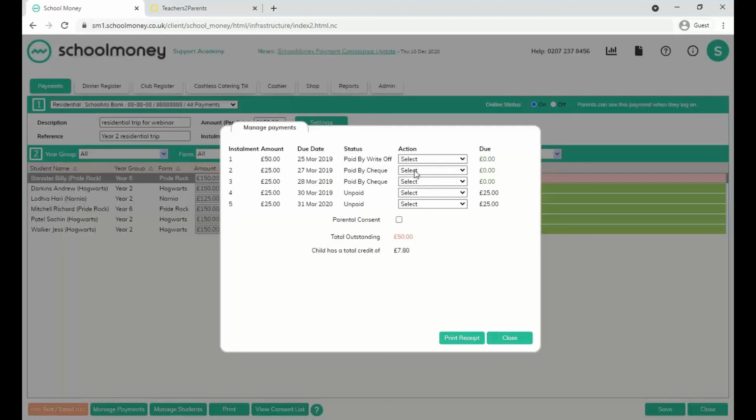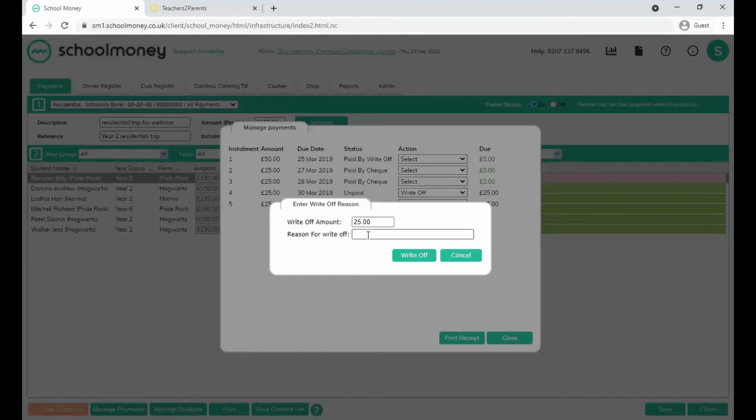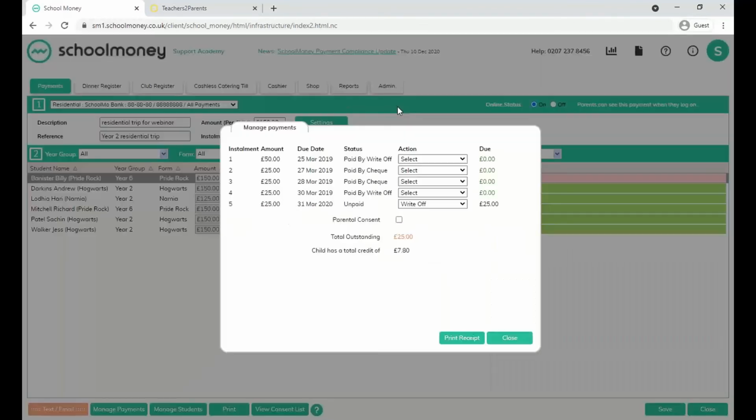So obviously, if they don't pay you, just write it off if you can, and put your reason there for why you're writing off. So maybe they can't afford to pay you, or you've come to some kind of arrangement. Just put your reason in there, or if they're pupil premium, for example, and then write it off. But once all the installments are written off, like so,